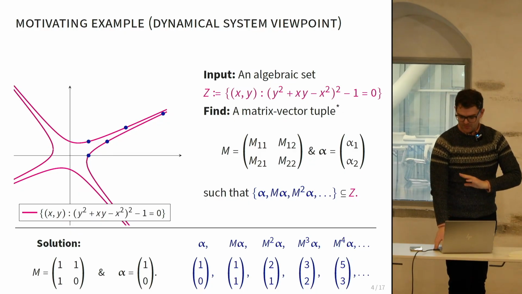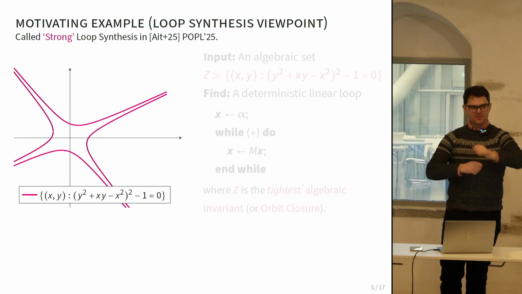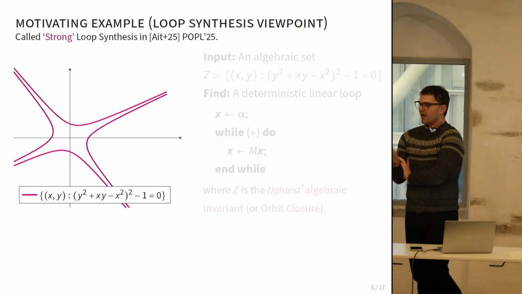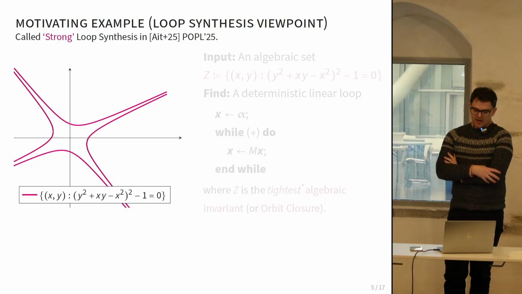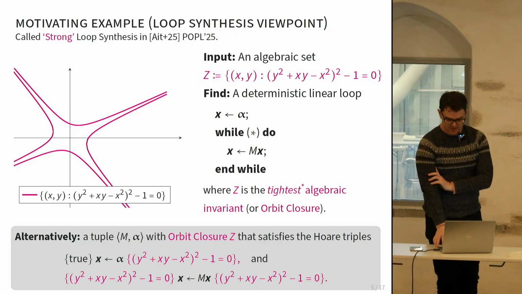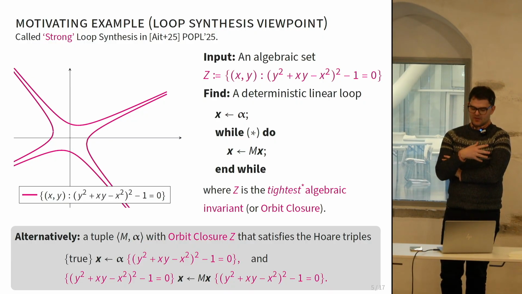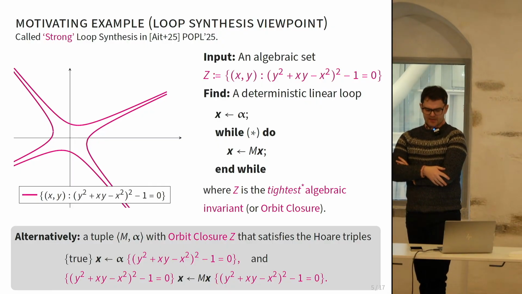Okay, so moving on, what if I took this from a mathematical setting, but I said, let's do it in loop synthesis? Loop synthesis being a type of program synthesis, but I'm doing a very specialized case. So we start with our same input, and then I rewrite the problem slightly. I want to now come up with a loop of a specified form, so I just have an input, and then I have a linear update, and I want tightest or maximal, one of these types of adjectives.